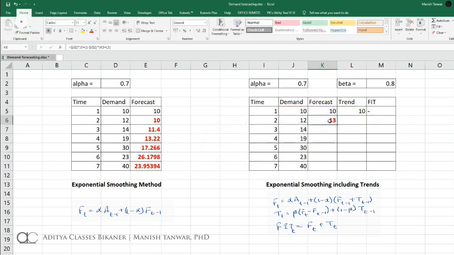Let me make a correction. So we get 13. Fine.